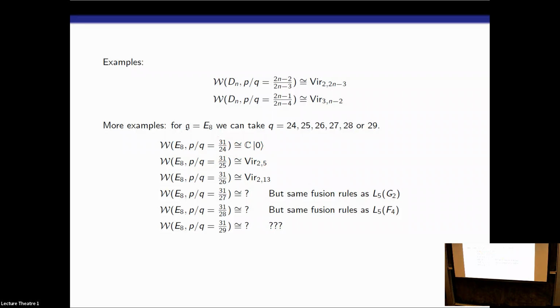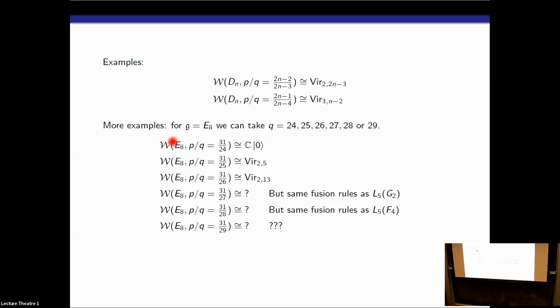So let me comment. What does that mean for fusion rules? I've taken 24 as denominator because that's one of the subregular denominators for E8. Why did I take the numerator to be 31? I could take the numerator larger, and then I get some non-trivial W algebra. And what will its fusion rules be? Well, they'll be given by the fusion rules of the affine vertex algebra at level P, or P shifted by the dual Coxeter number, Kronecker product with the fusion rules of this vertex algebra, which is trivial.